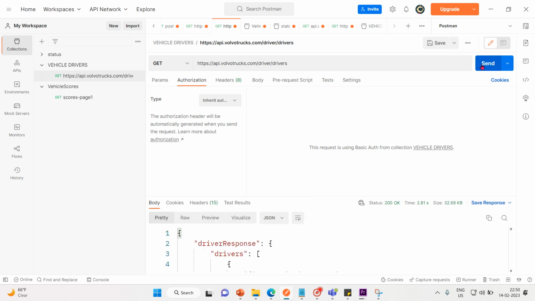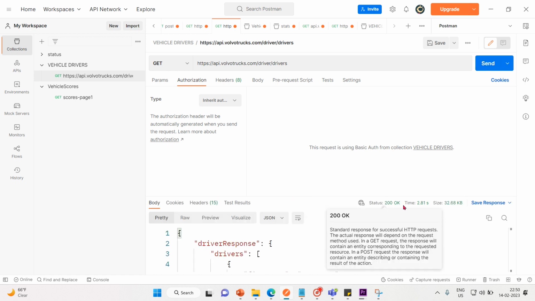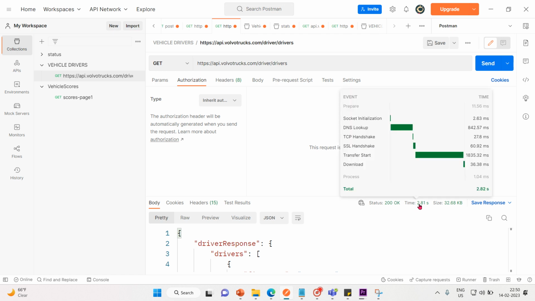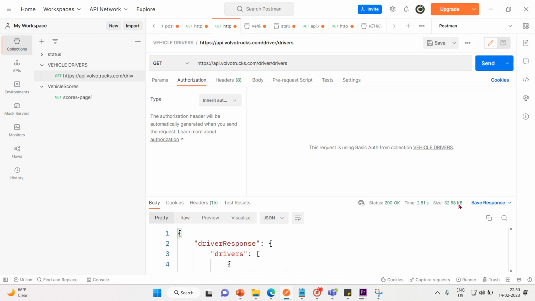This is high level, very secure, and you see that 200 OK, and it's successful. Within 2.81 seconds we got the response, and it's a very big data. I can't show it to you as per the rules and regulations. So that's the reason I'm not revealing what kind of data it is, but this is how we will actually work on